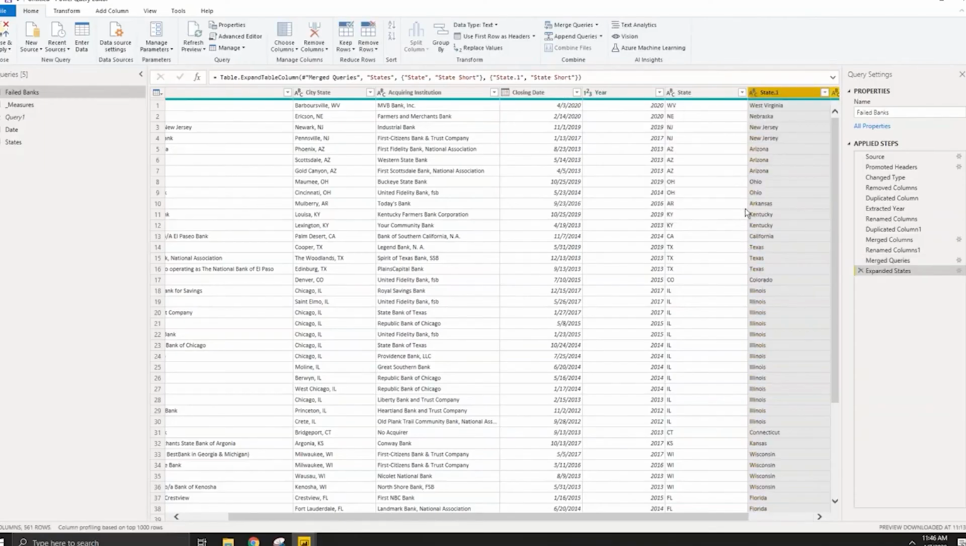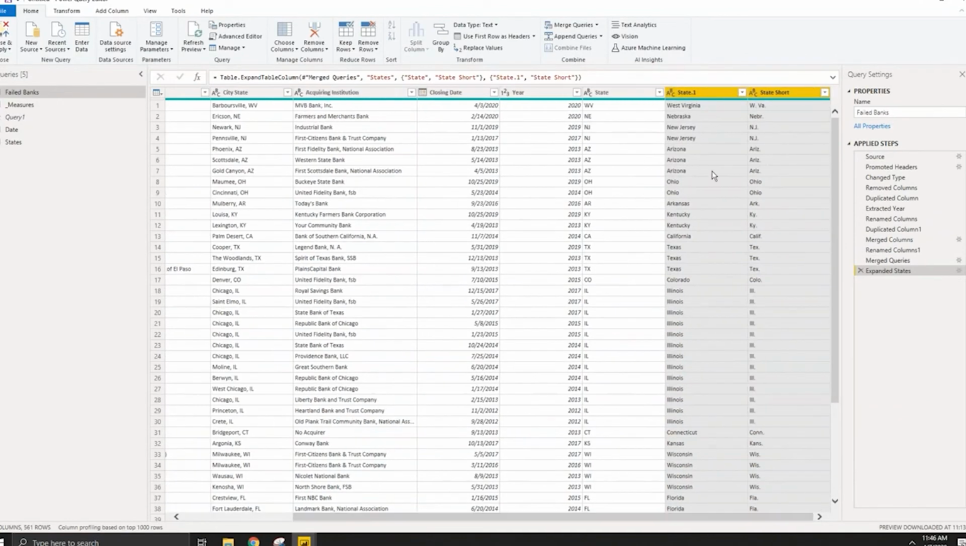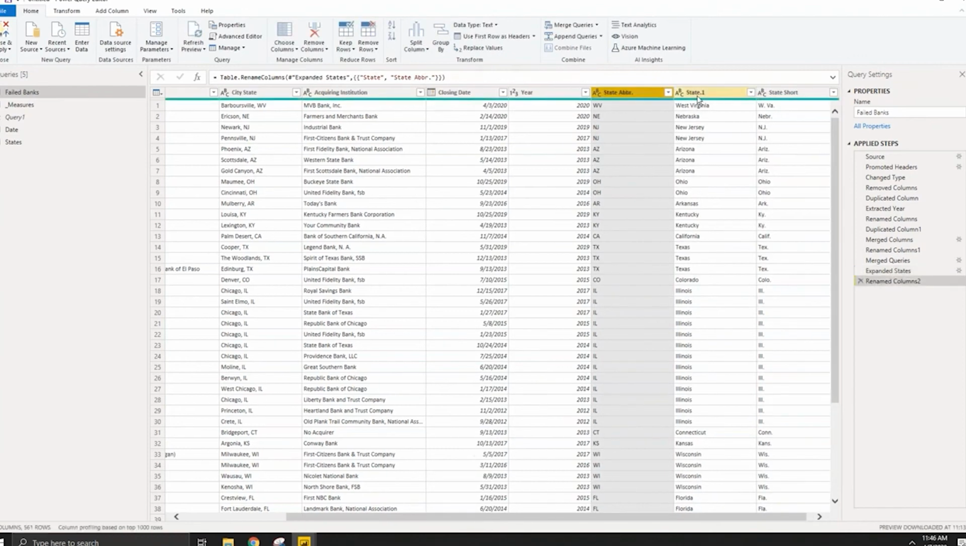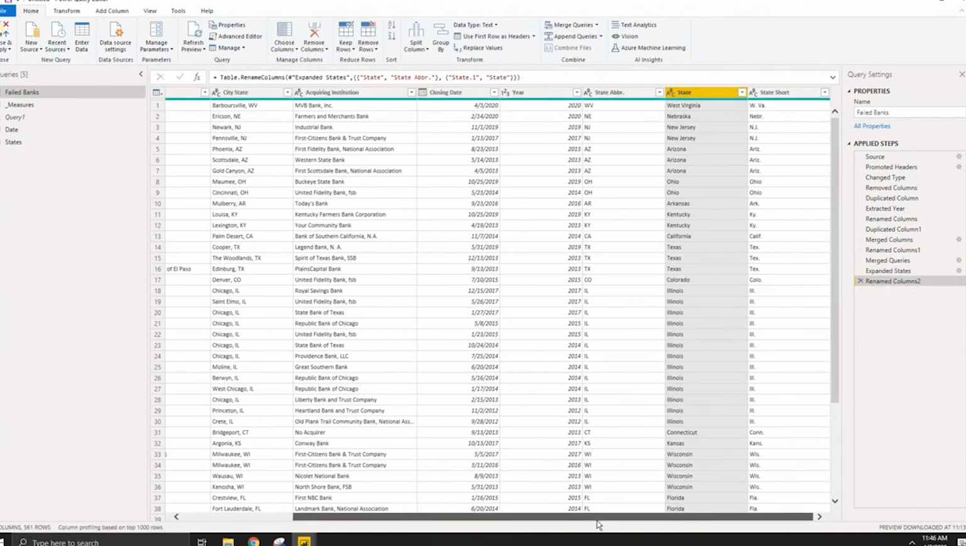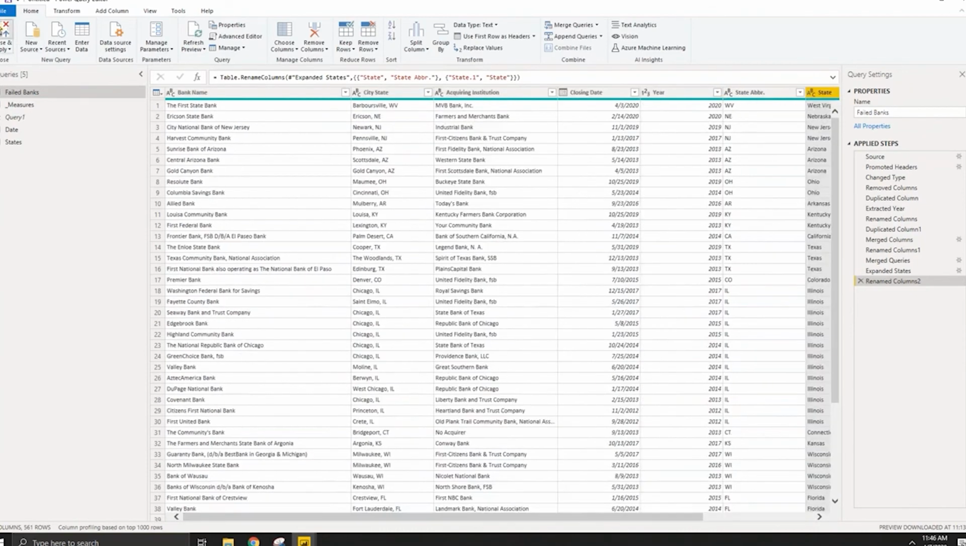And now we have our full state names. So I'm going to rename this one. There was already a column here called state. That's why it's called state.1. I'm just going to rename this previous column to state abbreviation, and then rename this one to state. And now we have our merged table in here. It looks all great and fine and dandy, right? Looks awesome. So now if I hit close and apply,